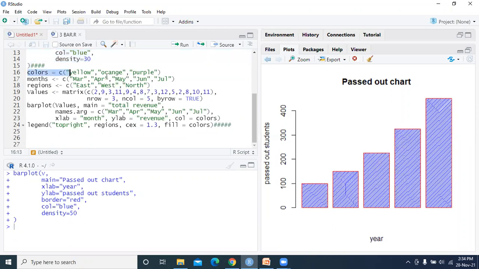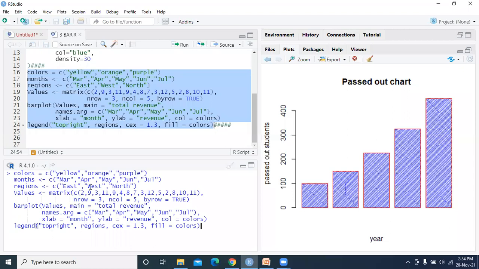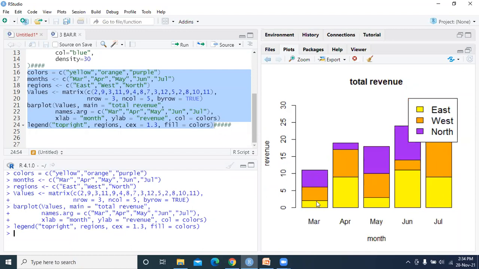And one more interesting thing is, here we are selecting the colors as yellow, orange, and purple. And months, March, April, May, June, July, and regions, East, West, and North. Now you can see the difference.